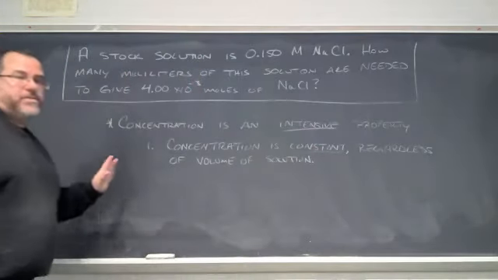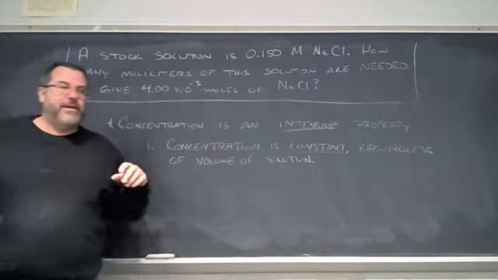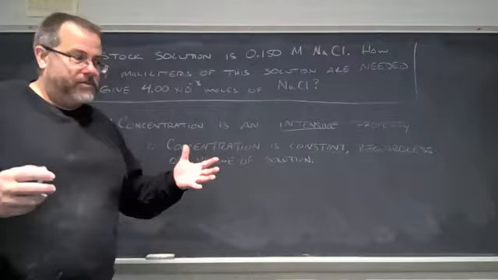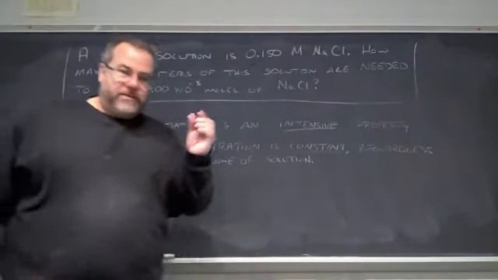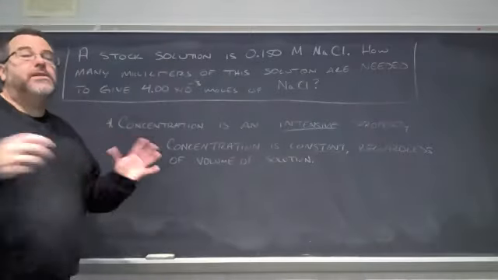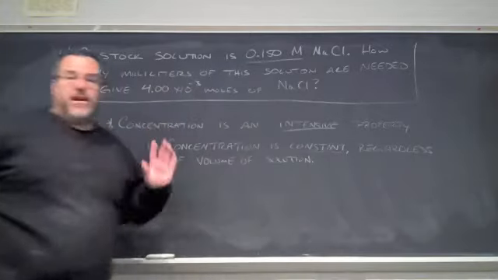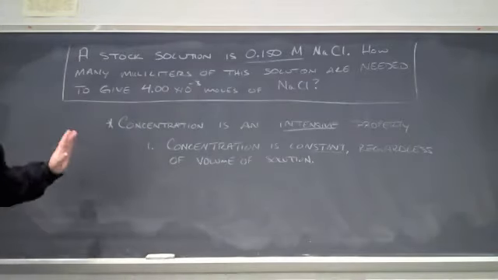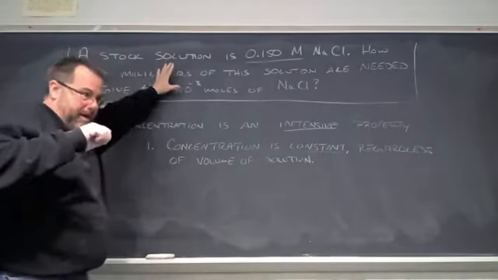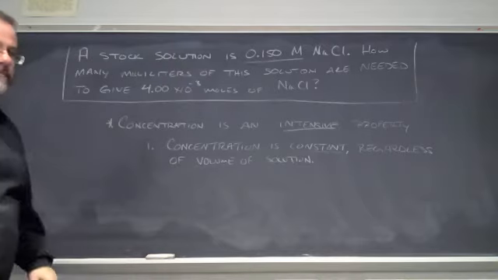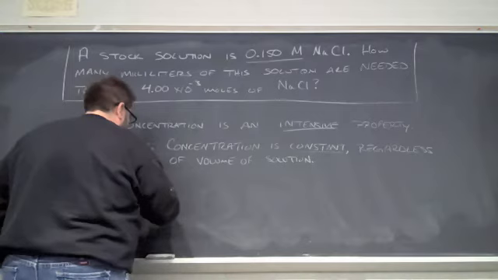Okay? The concentration of that solution is going to be constant regardless of whether we have a gallon of solution or 5 gallons of solution, or enough of the solution to fill a swimming pool, enough of the solution to fill a thimble or an eyedropper. Doesn't matter how much you've got, this concentration is a constant. That concentration will be true for all solutions of this, no matter how much you've got. Pour out a little couple drops, concentration is the same. Pour out a bucket full, concentration is the same. All right, that's the first thing. Second thing,